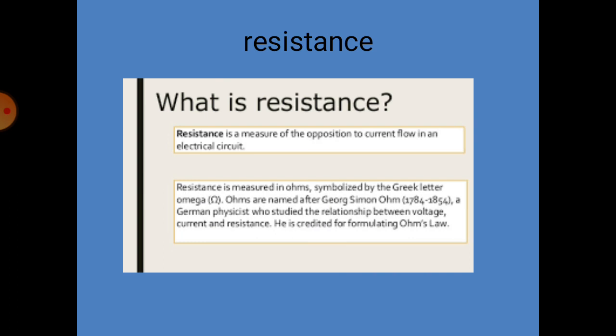So next one, resistance, which is also an important parameter in electrical circuits. Resistance is the property of a material which always opposes the flow of current in electrical circuits. It is measured in ohms, which is measured by an ohm meter. The resistance is a very important parameter. So these three, voltage, current and resistance, are very important topics for electricians in the basics.